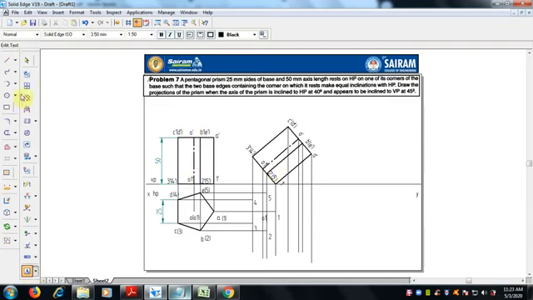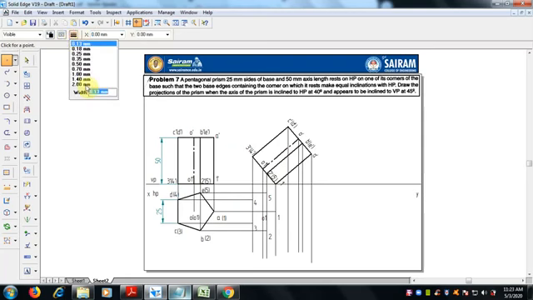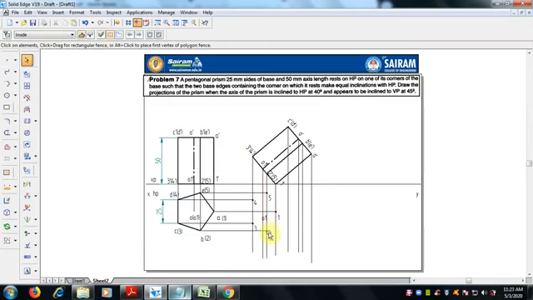Still, if you want more convenience, you can select points of 2 mm thickness, make end points 1, 2, 3, end of this 4, 5, so that mistakes should not be there. 1 and 1 dash, 2 and 2 dash. So select properly and keep it exactly on the end point.